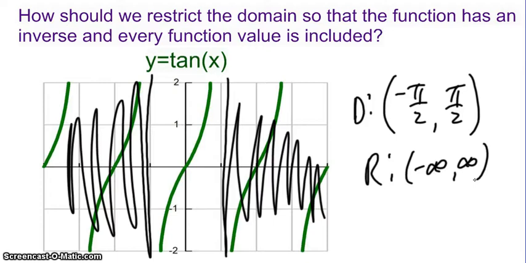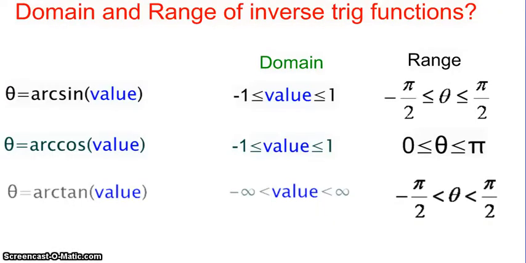So how does this have an effect on our inverse functions, or in other words, our arcsine, arccosine, arctangent? Well, if we remember, if we do the inverse of tangent, we switch x and y. Therefore, for the inverse of tangent, we switch our range and our domain. So the domain of our original function tangent will now become the range. The range of the original function tan of x now becomes the domain of the inverse. So here is a chart that you need to know